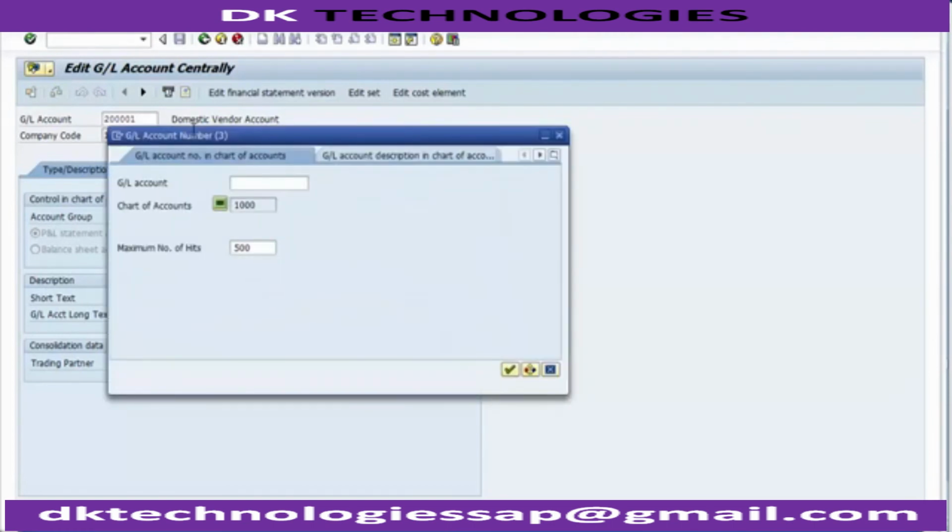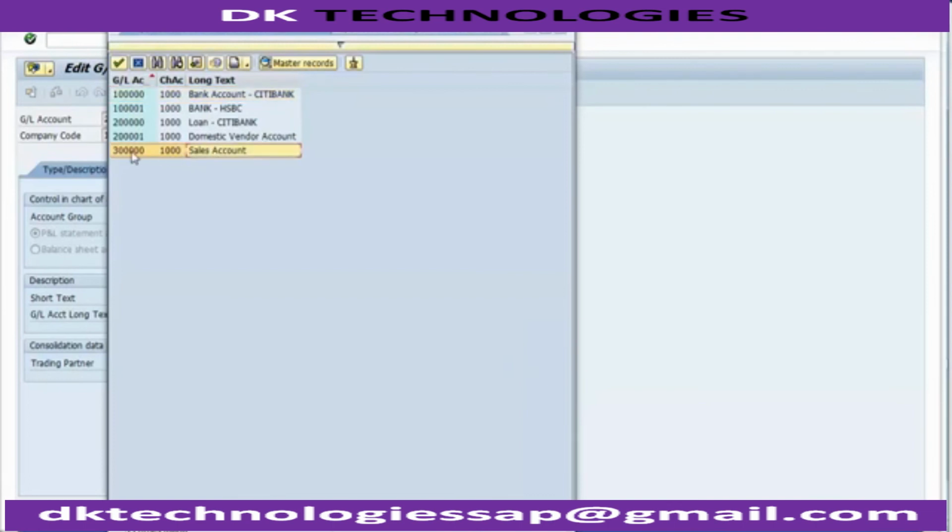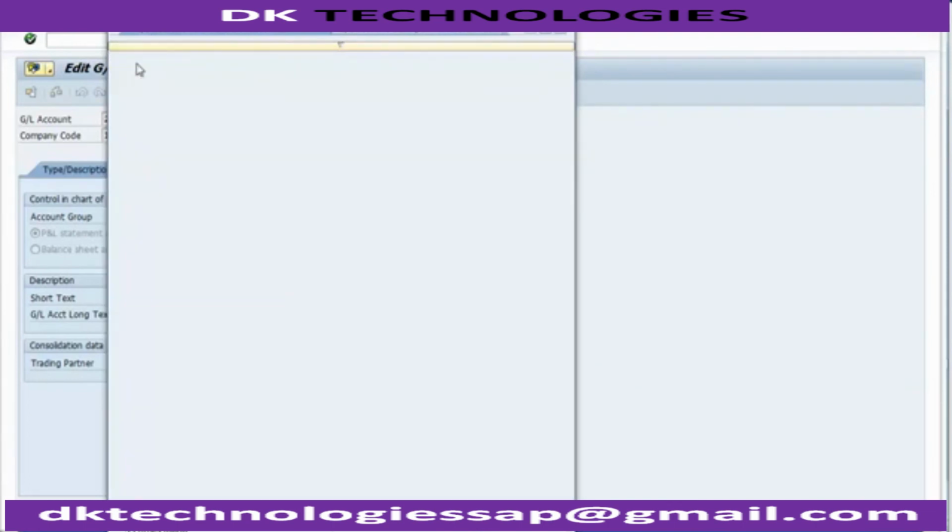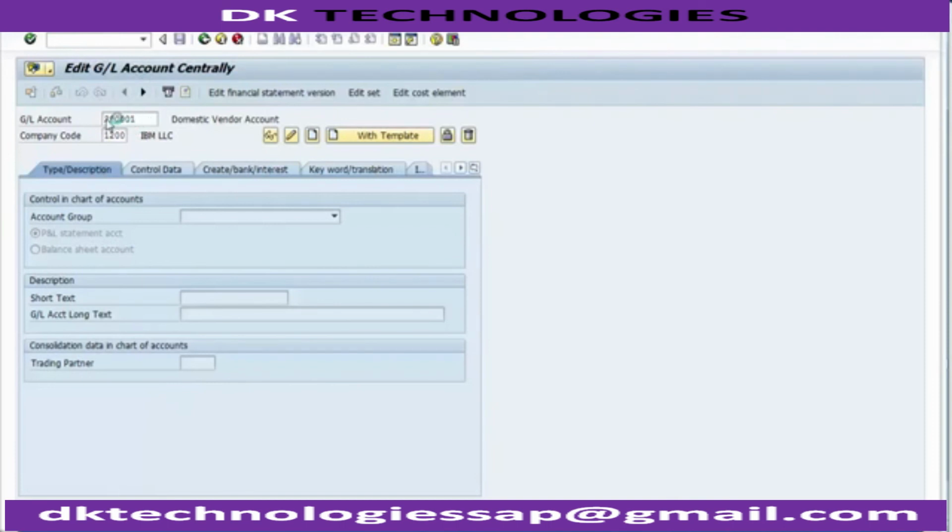In case we check, there is only the sales account over here, so we can now create 300001. I will be creating 300001 under the group income. Income is a part of the profit and loss account, and this I write over here, cash discount received. The same I will be filling up over here, cash discount received